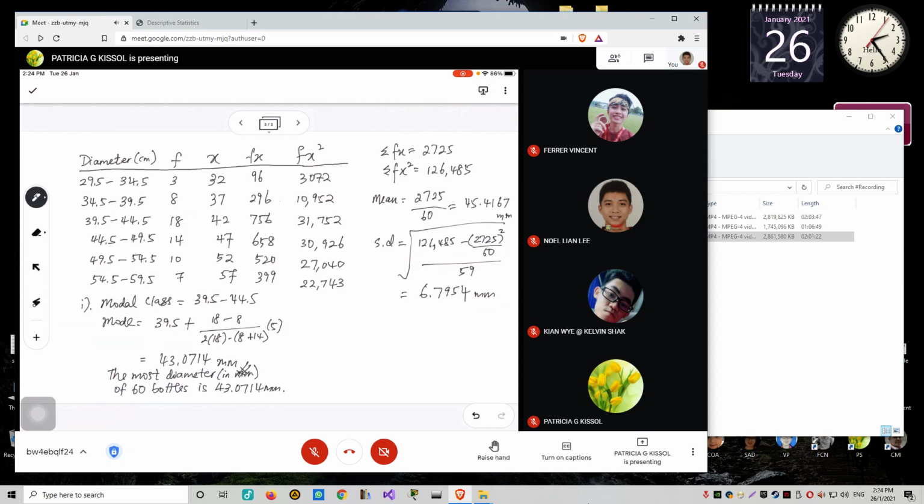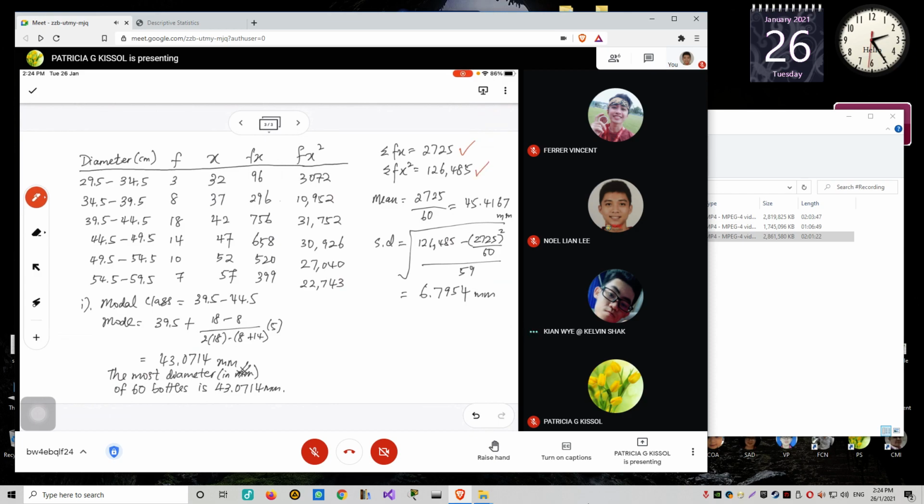I just worked it out just now. Did I get the same values as you all? Did you get summation fx equals to 2,725? Did you get this value? Did you get summation fx squared as